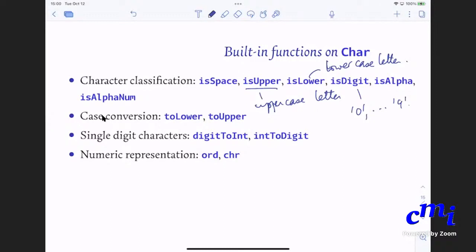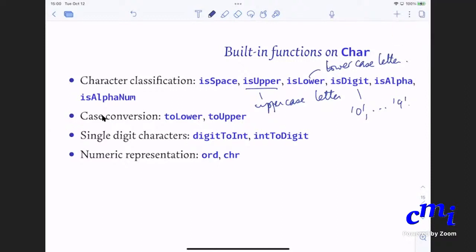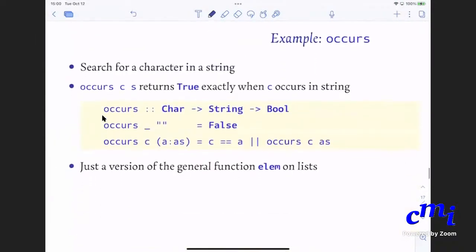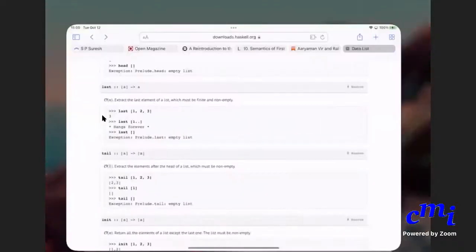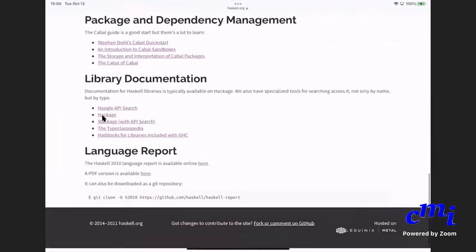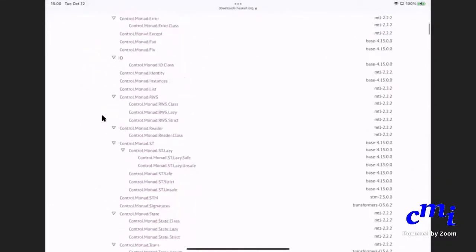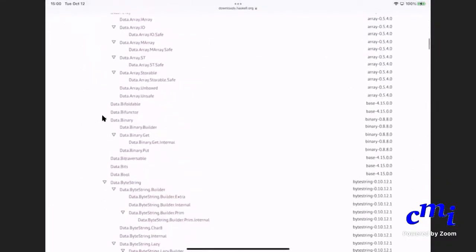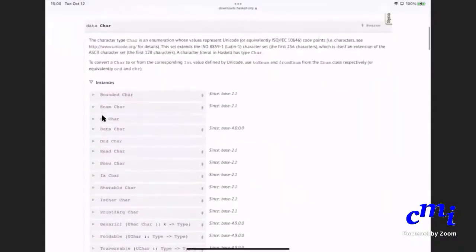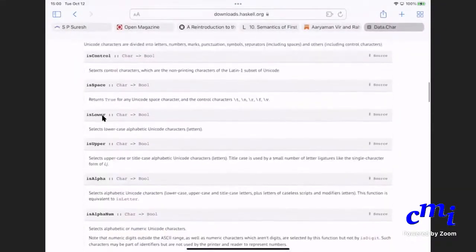So what does isSpace do? I missed that. We can actually go to the documentation.